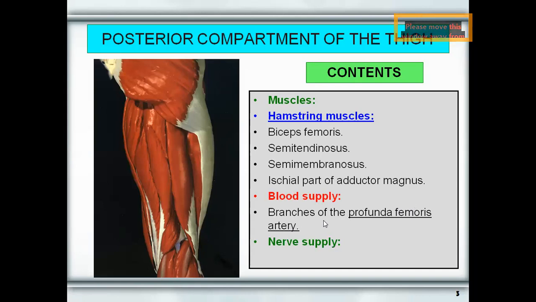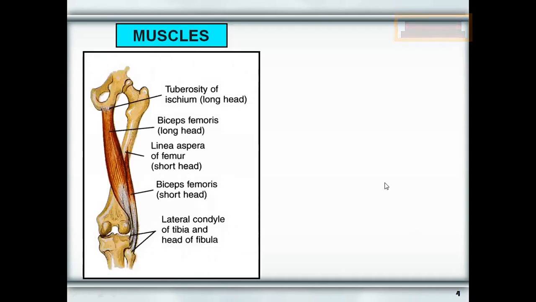In yesterday's lecture, when we did the gluteal region, we talked about certain perforating branches which come at the back of the thigh. They form anastomoses like the cruciate anastomosis. Those are the blood vessels supplying the back of the thigh. These were elaborated when the femoral artery was also discussed. Now the nerve supply: as we saw yesterday in the gluteal region, below the piriformis the sciatic nerve was seen. The same sciatic nerve enters the thigh region. Now let us see the various muscles here.